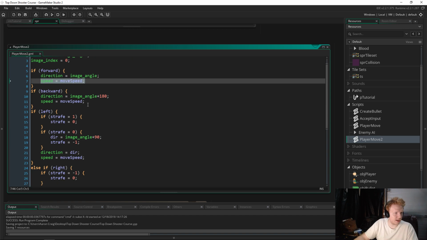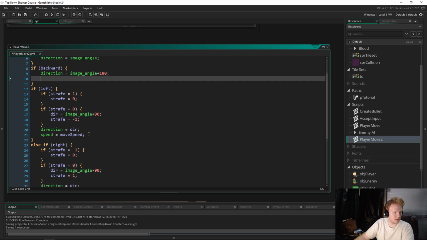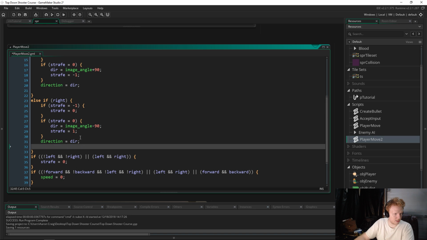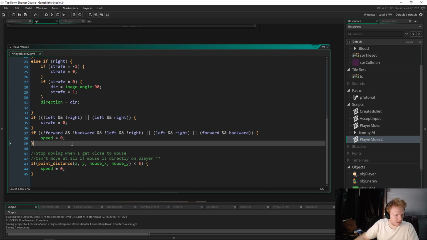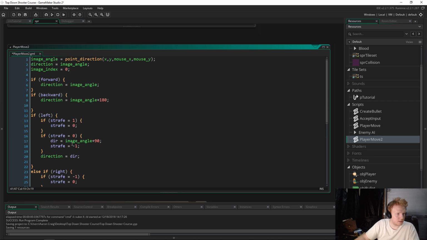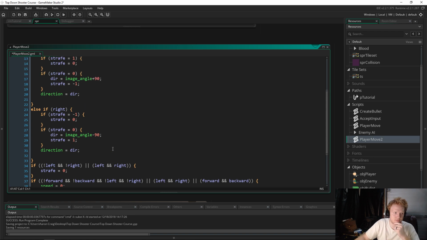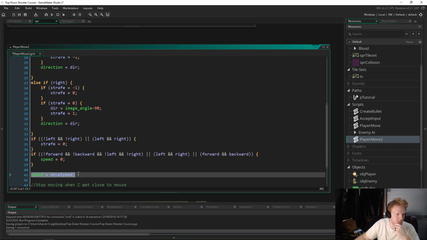So let's go ahead and see if we just take out speed from all of this. And then okay, so we can't just set speed equal to move speed, because move speed is always gonna equal something. So we need to set speed equal to